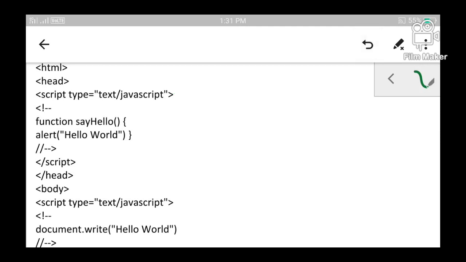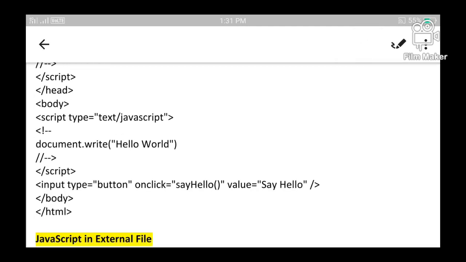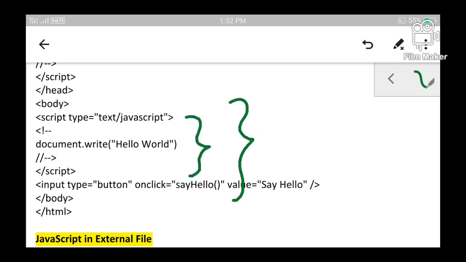At the same time, this HTML document also has a body section which spans from this area to this area. Within the body section, the script spans from this to this. So we have seen that both the head and the body section include scripts separately. Let us see how this program is going to be executed and what will be the result.